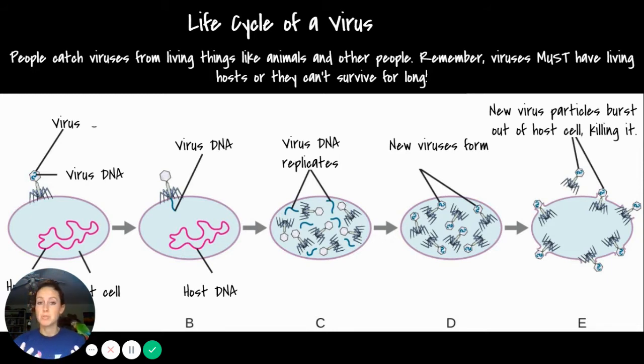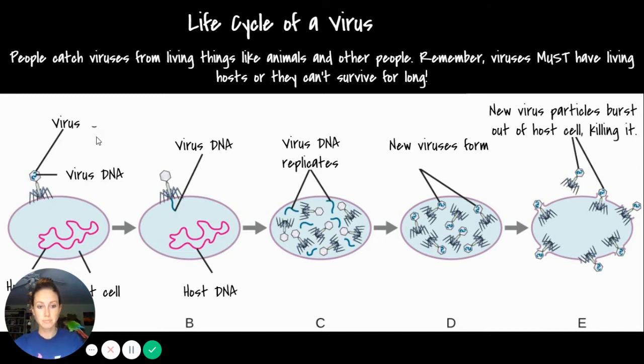Animals can transmit viruses between themselves. People transmit viruses between themselves as well. Remember that viruses must have a living host or else they cannot survive for very long. Viruses can survive on surfaces for a certain amount of time, depending on environmental conditions and the type of surface you're talking about. So that's all variable. However, after that period of time, the virus starts to break down and it also can't reproduce unless it's in